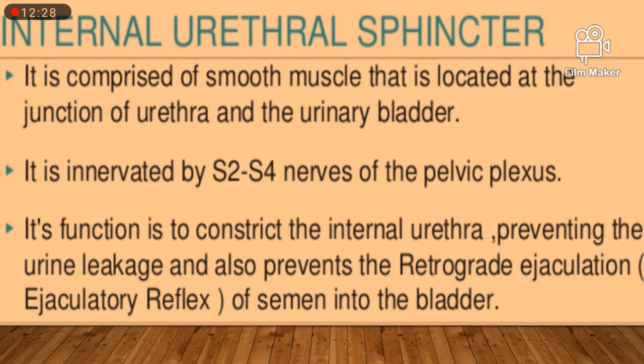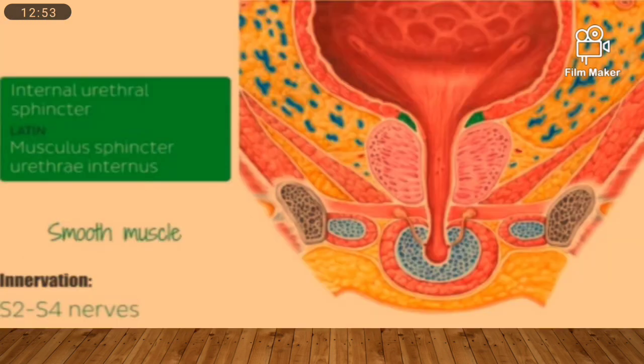So this is a major cause of impotency related to the bladder. If this sphincter does not work, the semen may flow retrograde into the bladder and will be evacuated with urine, but when needed, it will not be there if there is retrograde flow through this sphincter. So that may be a cause of impotency.